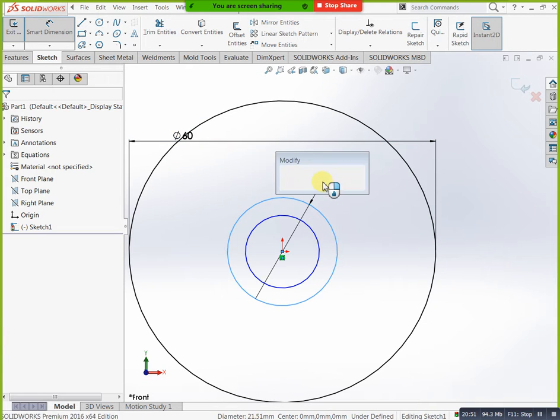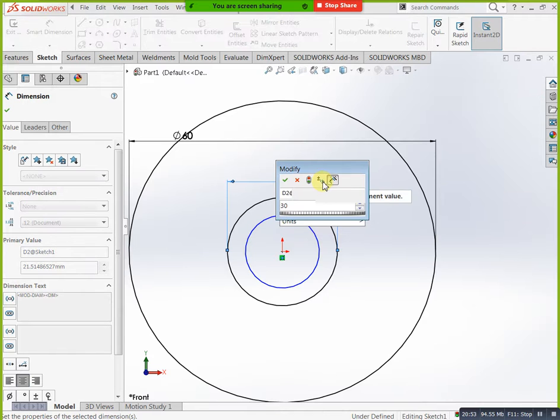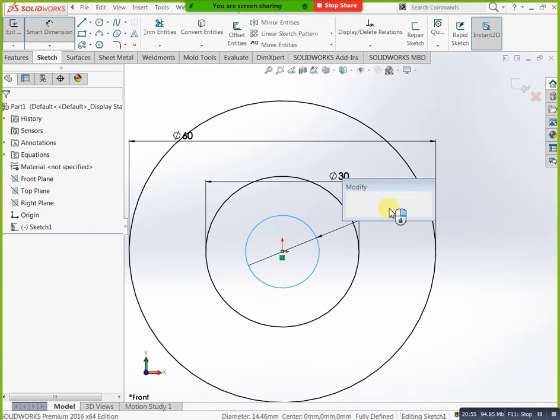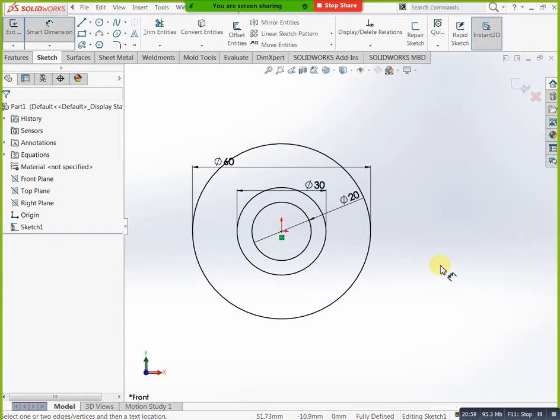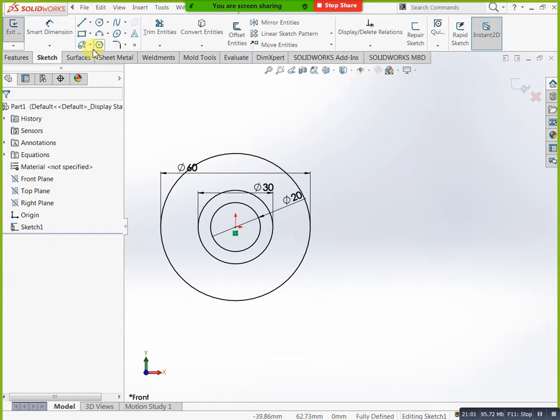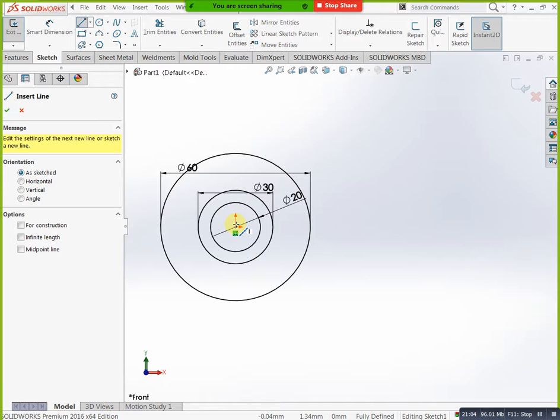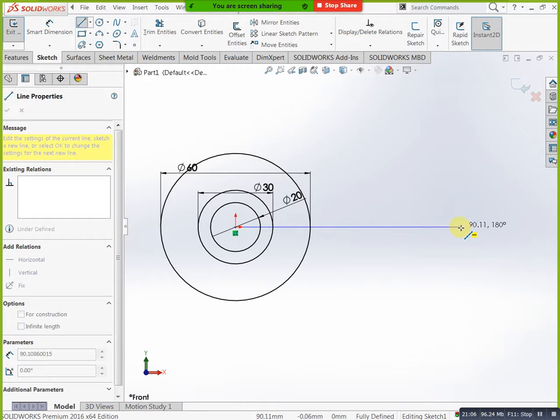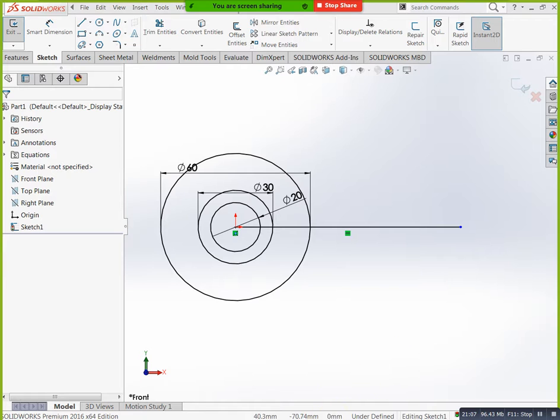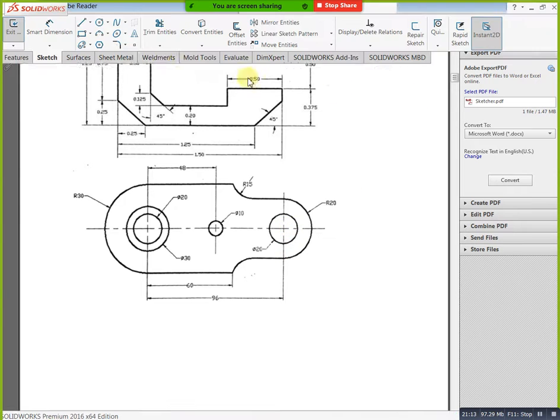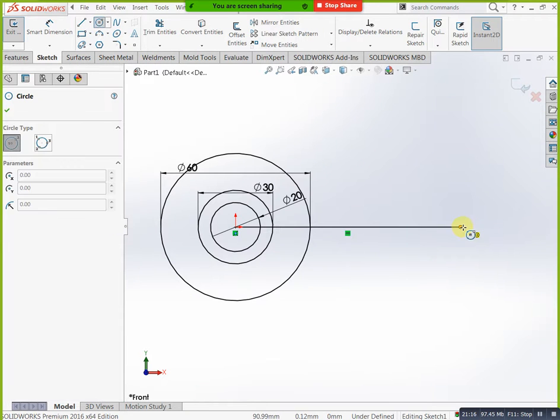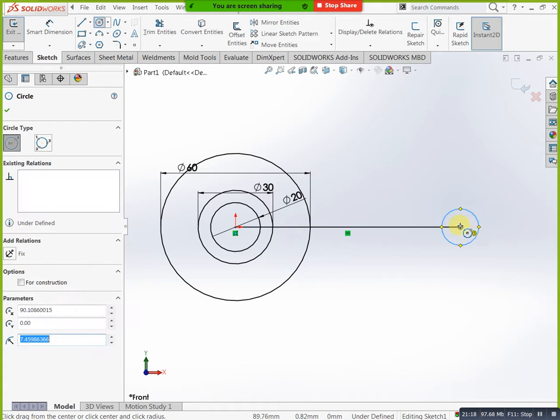Okay, and now you can mention here two circles, smart dimension. You can mention here 20 diameter and 20 radius means 40 diameter. Next you can take here to here, you can mention like this.